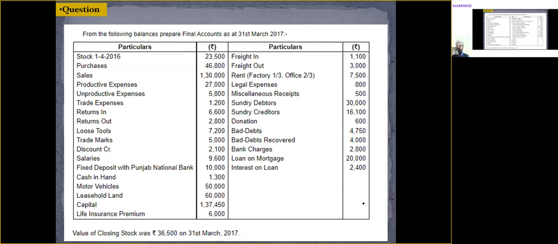Okay, so this is it. We have recorded all the items in the relevant accounts. Now we can find out the gross profit, net profit, and after that we will tally the balance sheet. So come on, guys, just calculate the gross profit and let me know. Then calculate net profit, and also tell me the total of the asset side and the liability side. Do it quickly. Let me know.